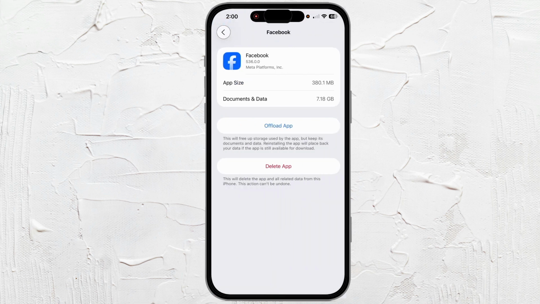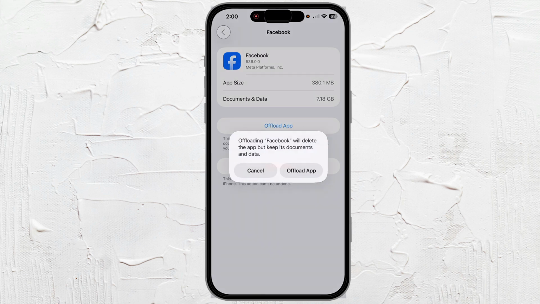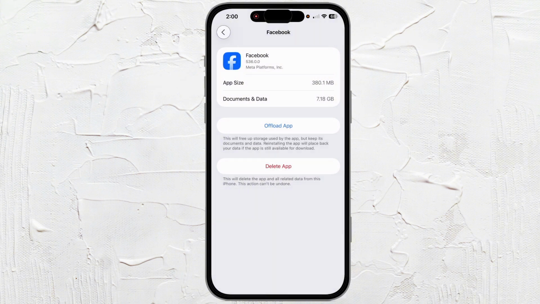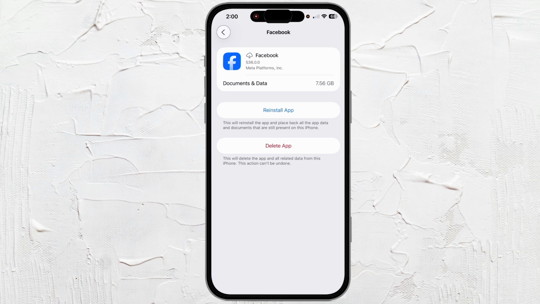And as you see, it says offload app. What this is going to do is it's going to free up storage. It'll get rid of your backup data, your cache, and it will reinstall the app. So go ahead and click offload app. It will offload the app, and it may take a couple seconds, and then it will ask you to reinstall